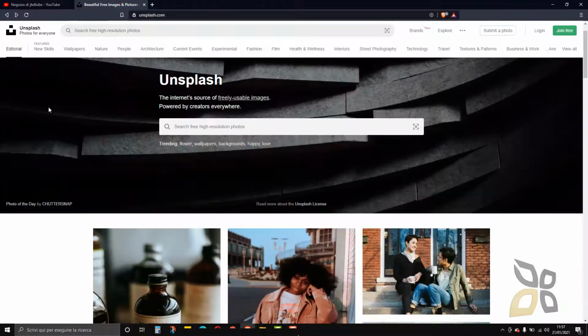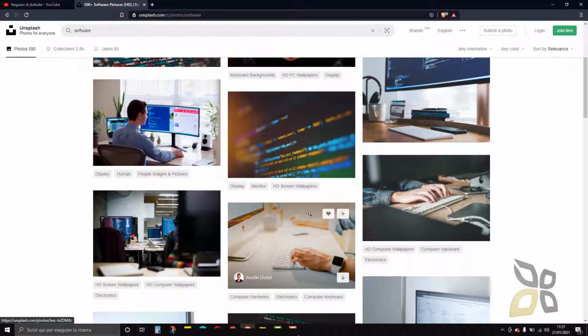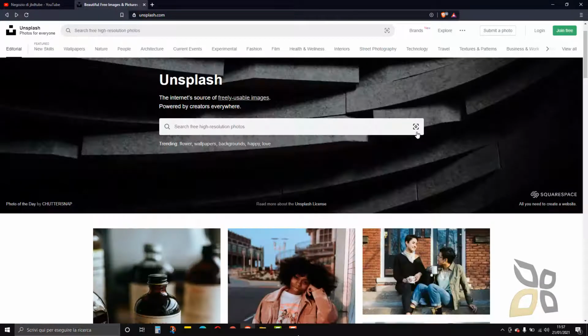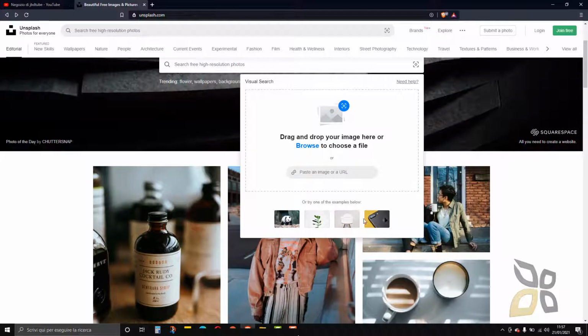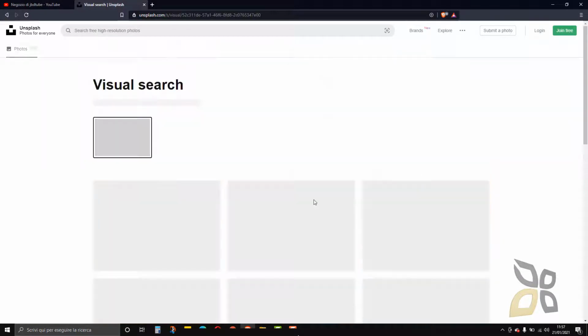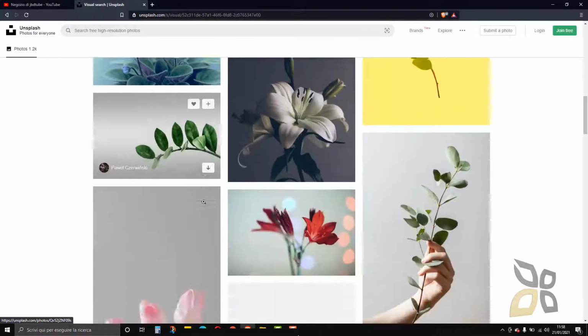So it's really good when you are doing a precise search to use this tool together with the normal tool. If I want to search for example software, I will definitely do a text search. But again, if I want to get closer to something that looks a particular way, I can use an image. I can also drag and drop it directly in this space from the folder. You can also try with these sample images. For example, let's use this plant here, and it's showing me similar